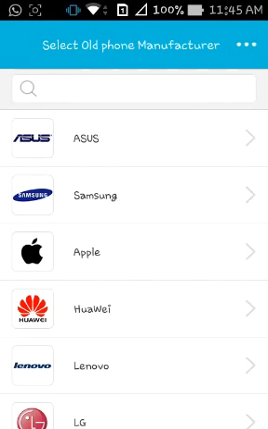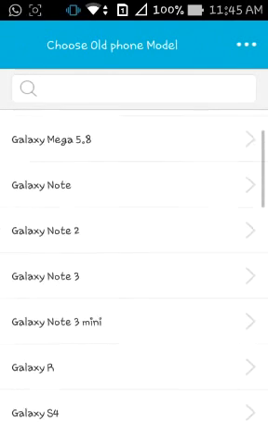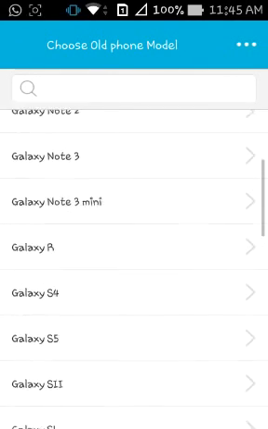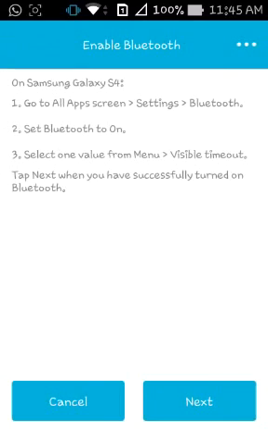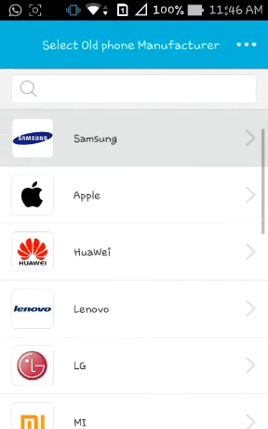It asks you to select the old phone manufacturer. Suppose you're on a Samsung. It asks you the model, suppose S4. So basically, with the help of Bluetooth and mobile connectivity, it gets the data from your old phone into your new phone, and that too pretty fast. I did that